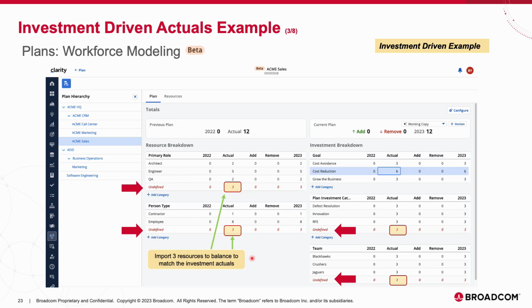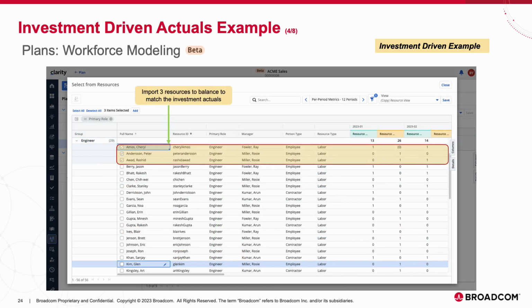And by doing that, you need to go import 3 additional resources from the resources tab. So let's do that. We will import 3 engineers. We selected those, and then once we add them,